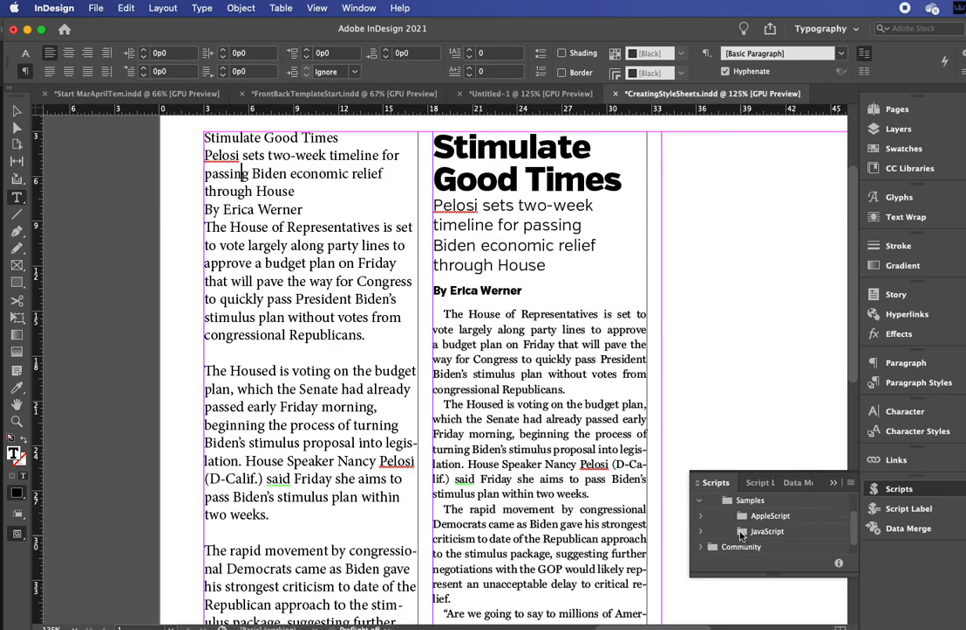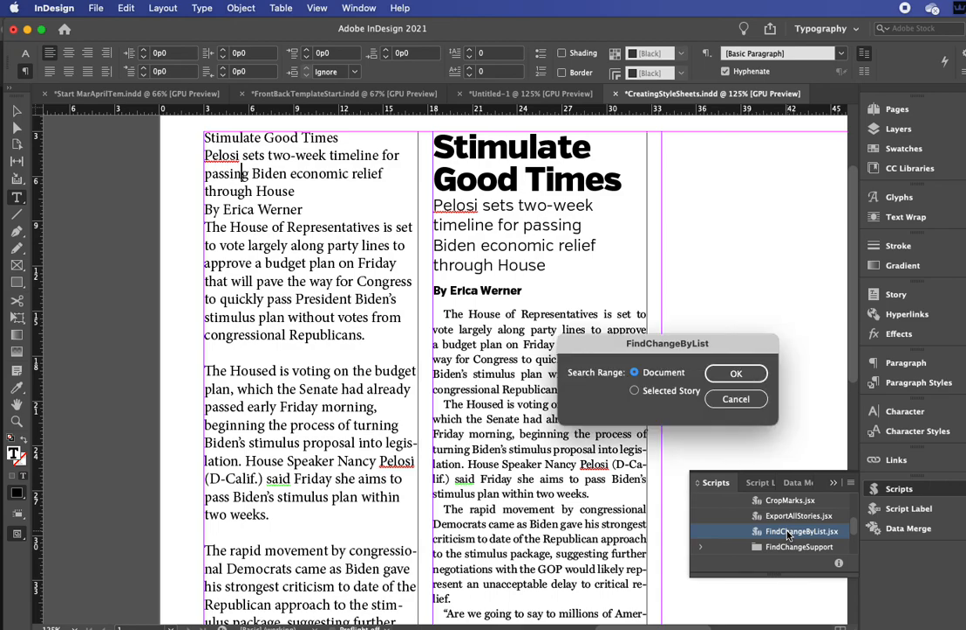And there are a few samples, and they're written in AppleScript and JavaScript, but they're exactly the same scripts. These are just sort of demonstration scripts that you can use. And some people can script in Apple, and some people script in Java, and some people like me can script in neither. But the one I use most often is find change by list. And you just double click on that, and it asks you if you want to do the whole document or the story, or if you have your text highlighted, selected rather, it will just do what you have selected. So I'm going to say selected story because I don't think it'll find anything in that one, and I'll say